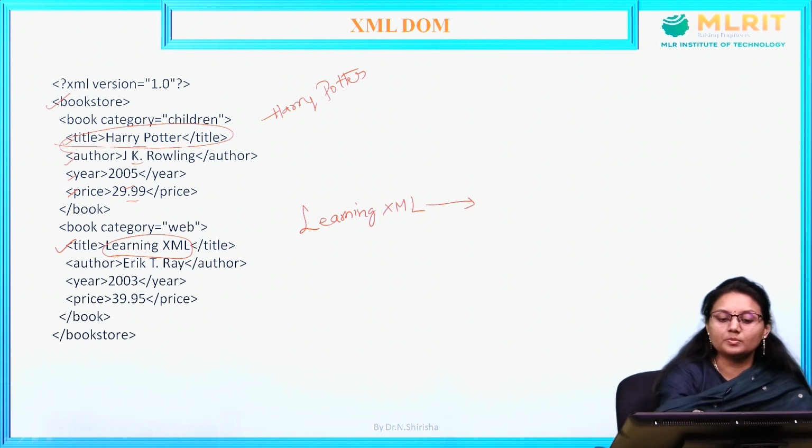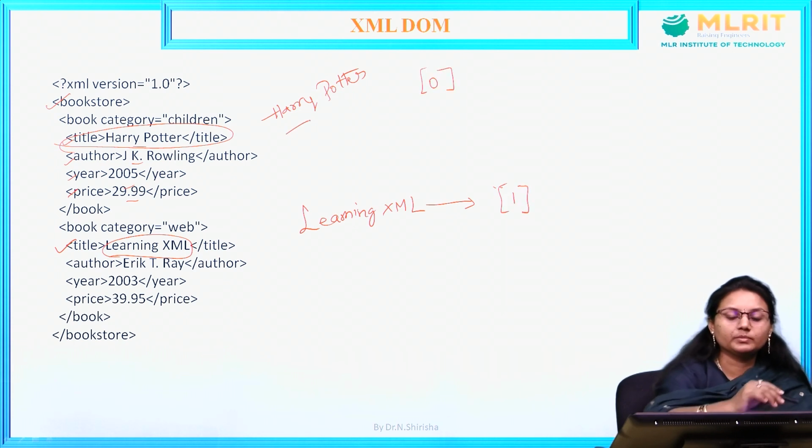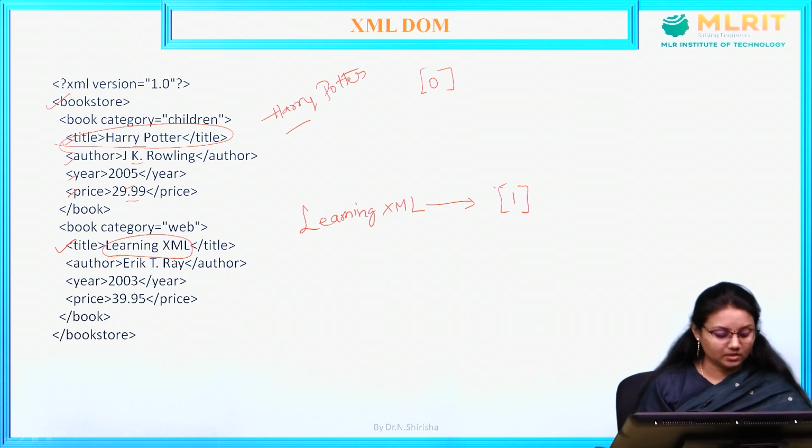When will this be the output? When the title of 1 is given. When the title of 0 is given, this will be the output. Understanding? Then